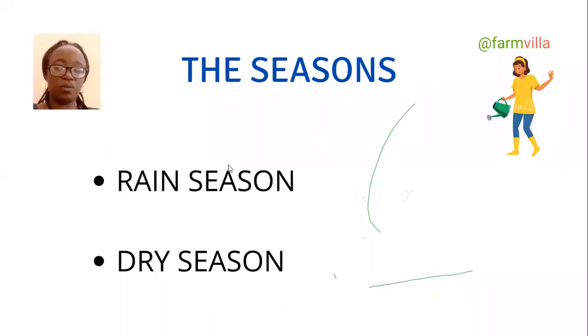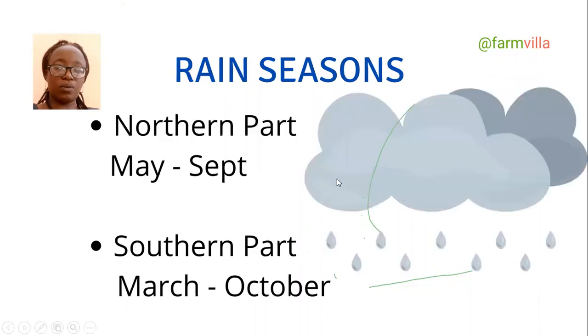Okay, so the seasons again. There's rainy season and there's dry season in Nigeria and in every other country. Now, I explained that in the rainy season for the northern parts, the rainy season varies from area to area. But as per rainfall, Nigeria is divided into two zones. We have the northern part and we have the southern part, which means our rainfall is quite different.